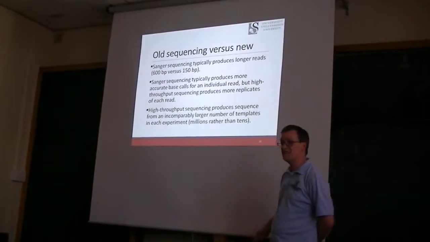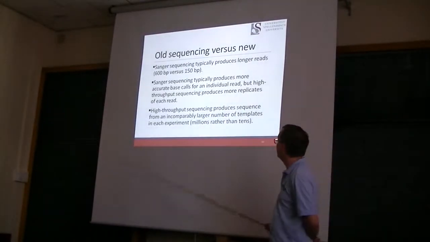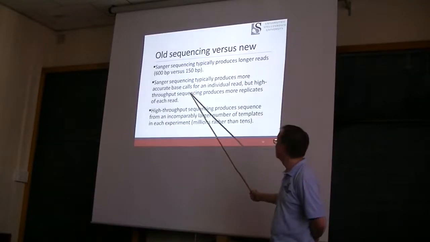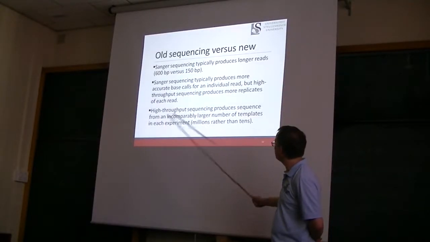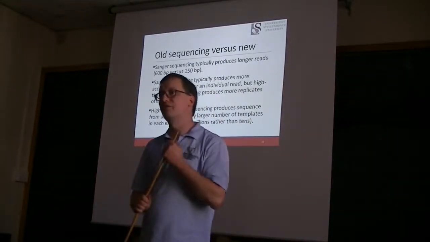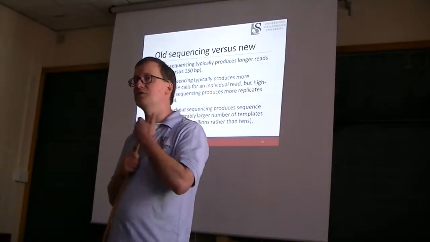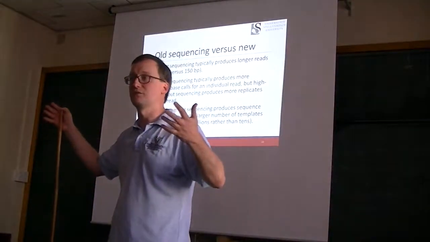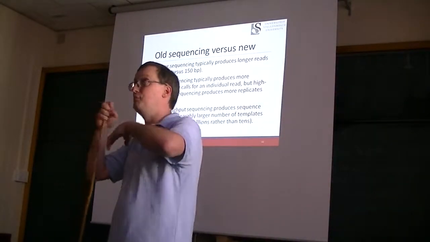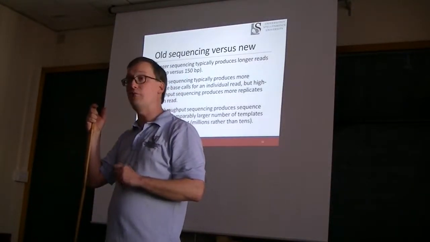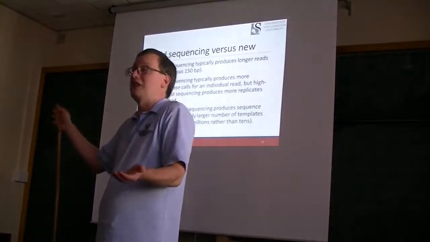Sanger sequencing typically gave better base call probabilities for individual reads. But high throughput sequencing produces many more replicates of each read. So isn't it valuable if we can use the duplicate sequencing that we've performed on these highly parallel sequencers of today to boost our confidence in any individual base call? Right? If you have 15,000 copies of a sequence